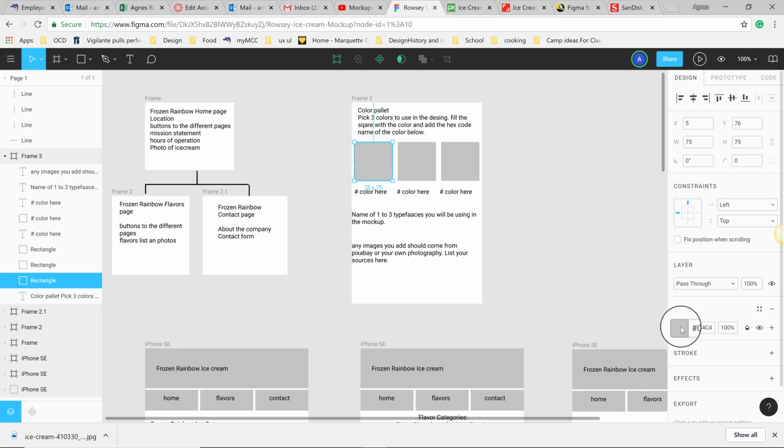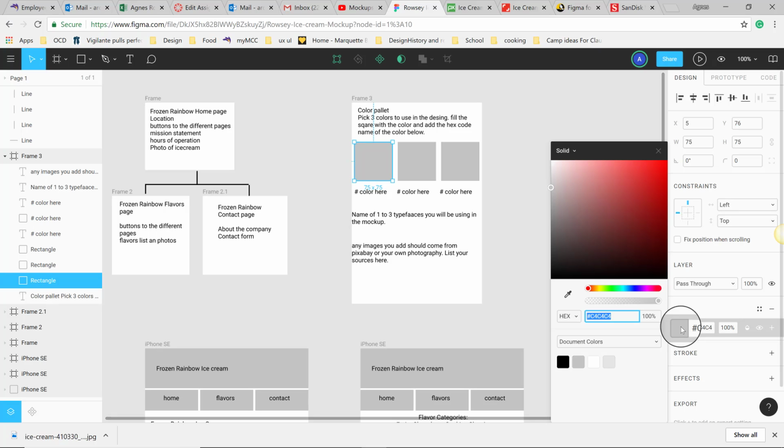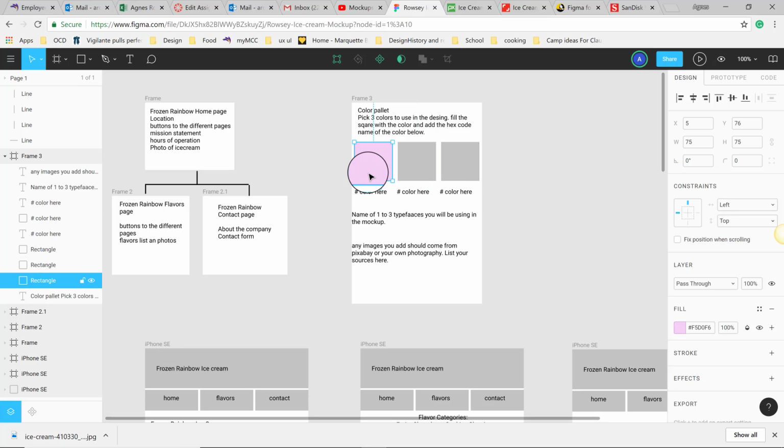You should see a fill section right here under the design dropdown, and pick a color that you would like. Like this is an ice cream shop, so I definitely want one of these colors to be this fun pink ice cream color. Once you've picked this color, you'll notice that it has a hex number right here. See this pound sign or hashtag and F5D0F6. I am actually going to copy this